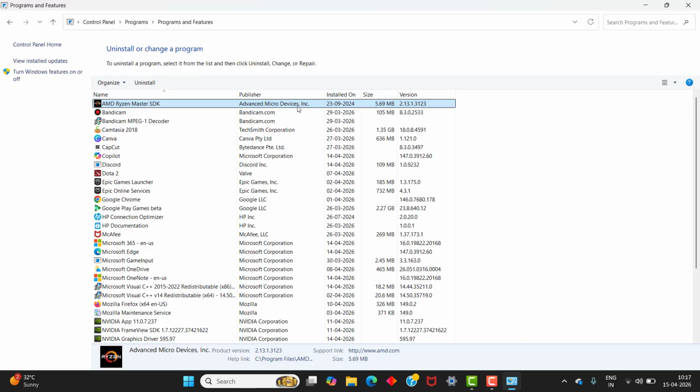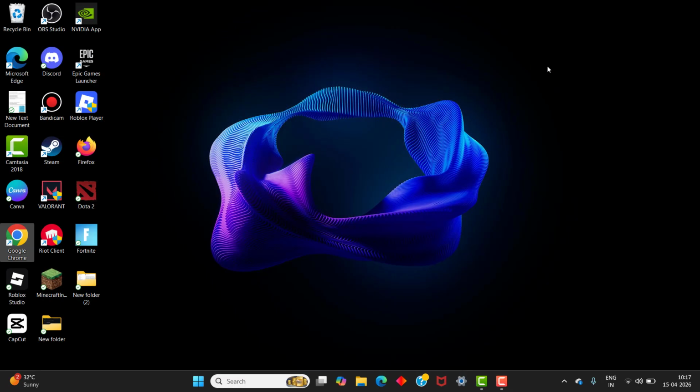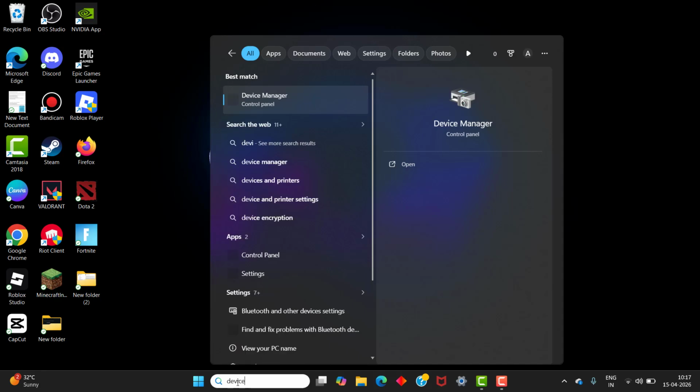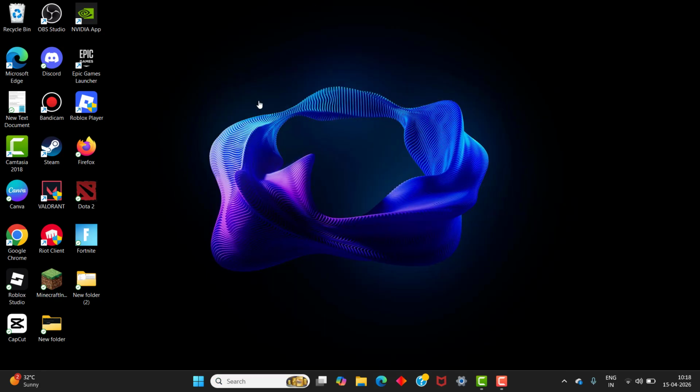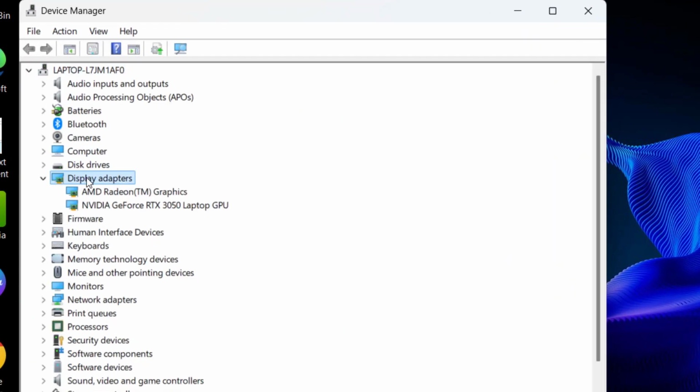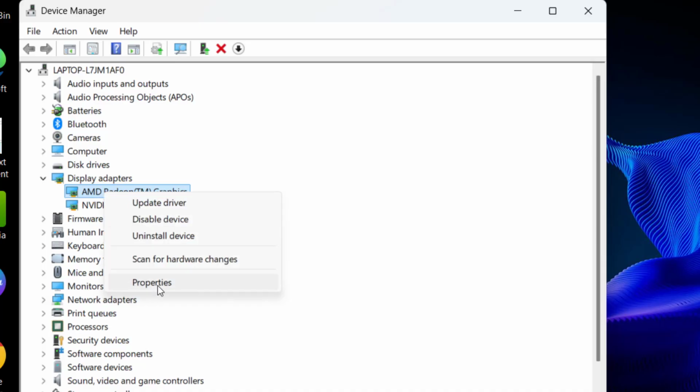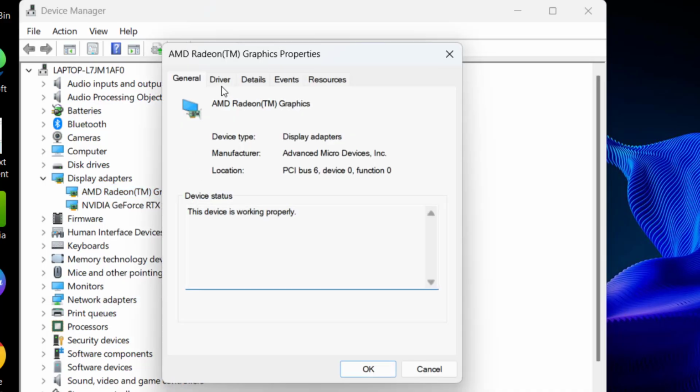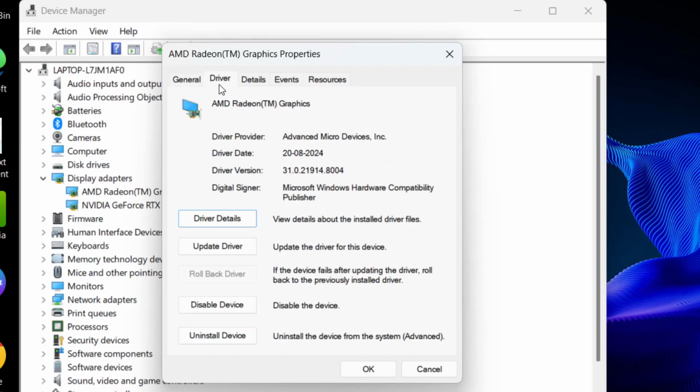Once checking is done, we need to go back and go to Device Manager. Yes, search for Device Manager and open it. In this you can see Display adapters is there. Click it, and here the AMD driver is there. Go to Properties and go to Driver, and here you can see